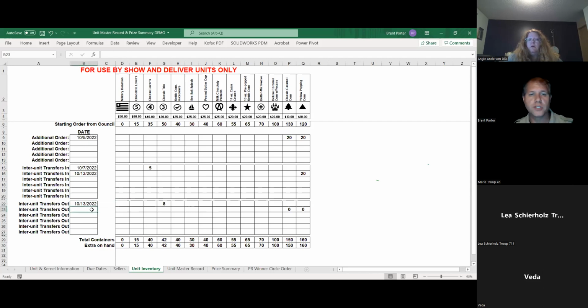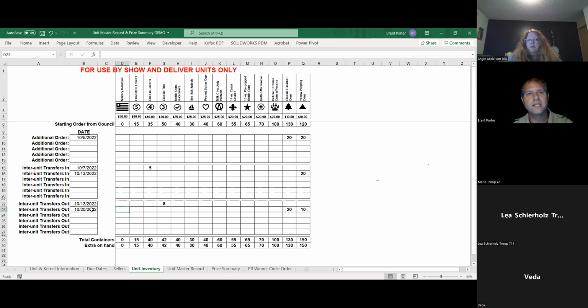And then if I'm doing just a transfer out, then somebody got a hold of me and said, hey, I really need some more of the classic caramel and popping, and I'm really towards the end of the season. I just need a few more. That's great. I've got some extra. So on the 20th, I went ahead and got a hold of them and sent them what they needed. So they got 20 of the caramel and 10 of the popping.